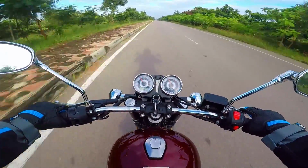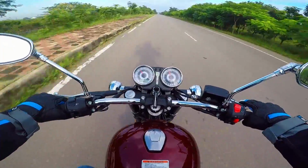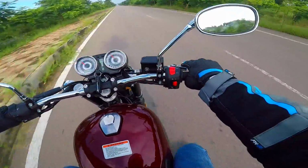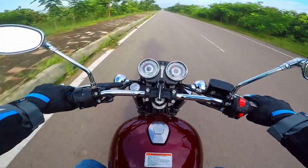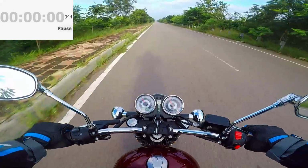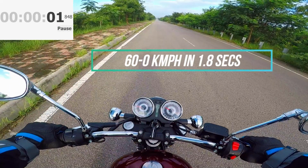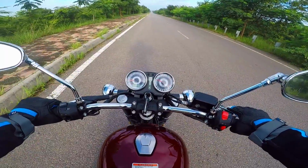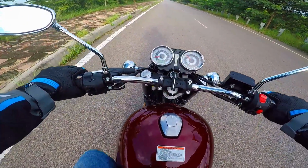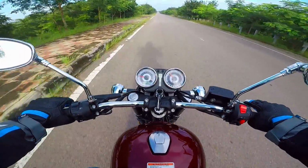Now, another good thing about this motorcycle are the brakes. We do get dual channel ABS as standard. We get a 300mm disc up front and a 240mm disc at the back. So now I guess it's time for the standard braking test. 60 kilometers per hour and slam on the brakes. Wow, that was pretty cool and pretty smooth. So seriously impressive, without any uncertainty or